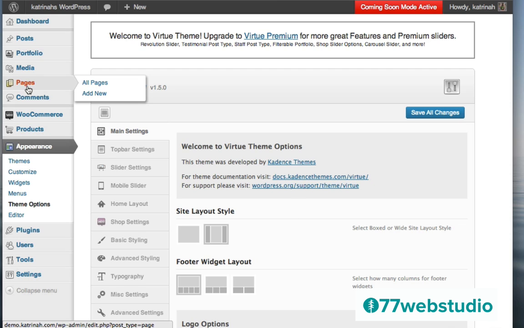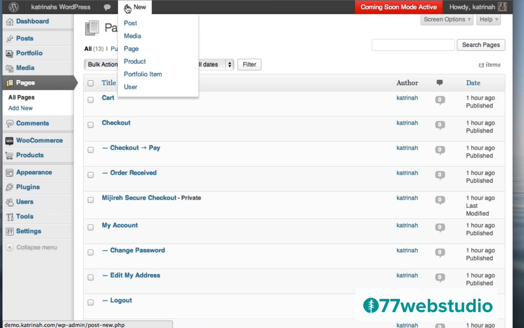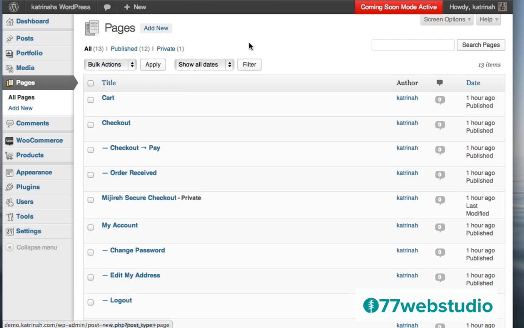To add a new page, we want to go to the left-hand side and click on Pages. And then in WordPress, there's a few different ways to do the same thing. If you'd like to add a new page, you can either come to Pages here and then click on Add New, or at the top you can click on this link here that says Add New, or at the top here in the toolbar where it says Plus New, you can hover over Plus New and then click on Page to create a new page. So there's a number of different ways within WordPress to do the same thing. So I'm going to add a new page here by clicking on Add New.